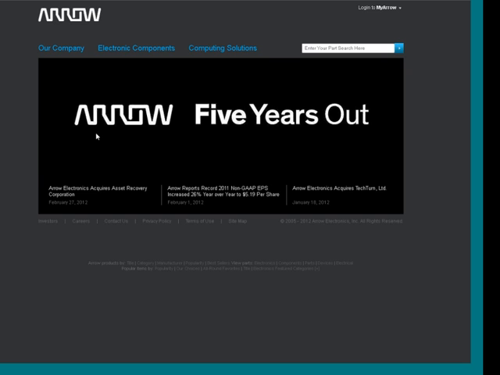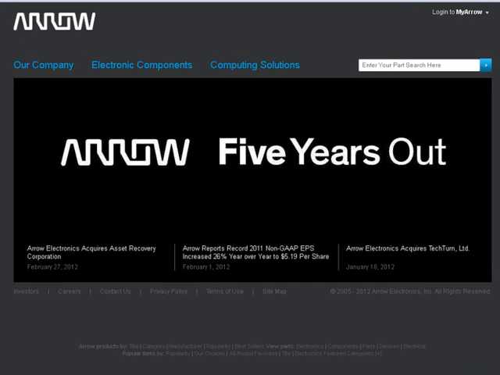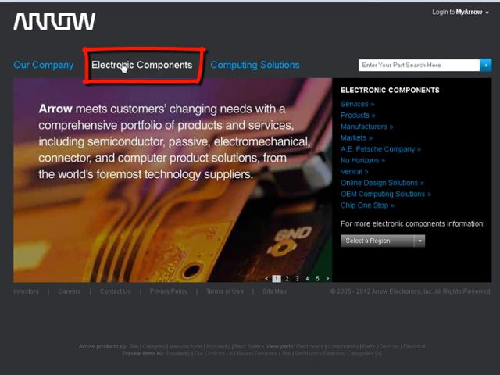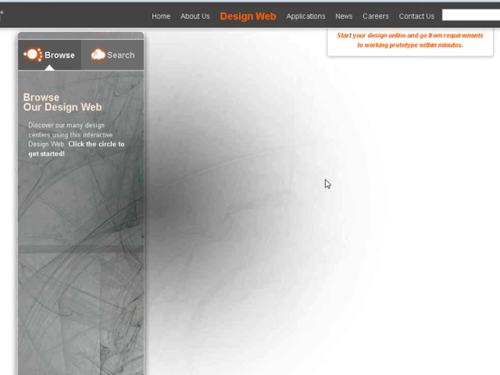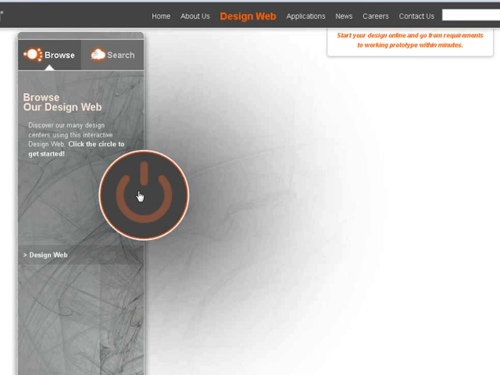The easiest way to get to the tool is if you go to the Aero corporate page, not Aero NAC, but the actual Aero corporate page, which is just aero.com. When you get to this page, you'll see electronic components, and if you click on that, you'll be presented with a menu on the right, and you will see one that says Online Design Solutions. If you click on that, you'll be taken to a Transom page. On this page, you'll see a big glowing button here in the center, so if we click on that,